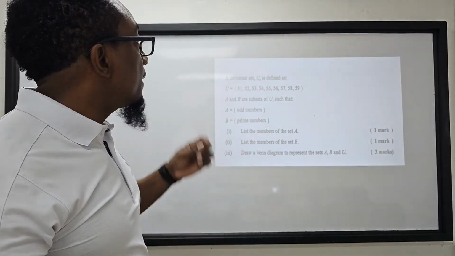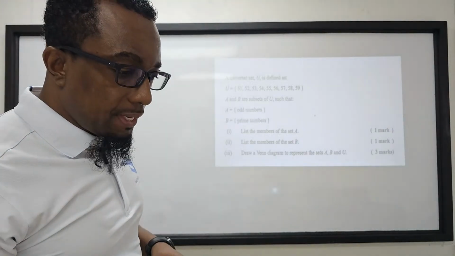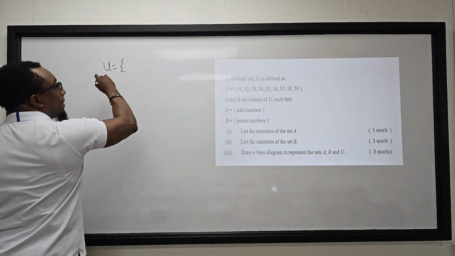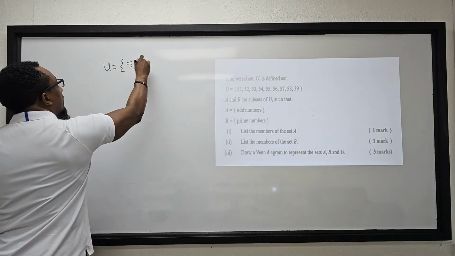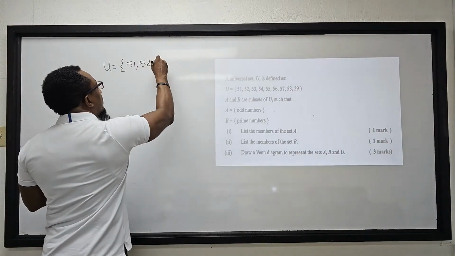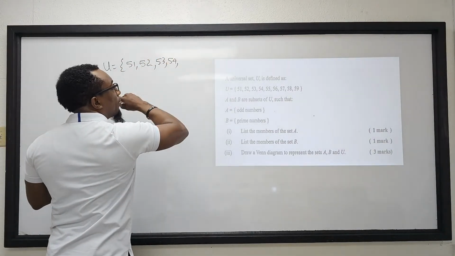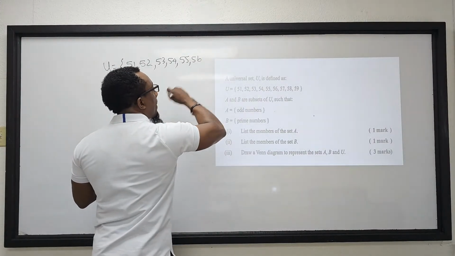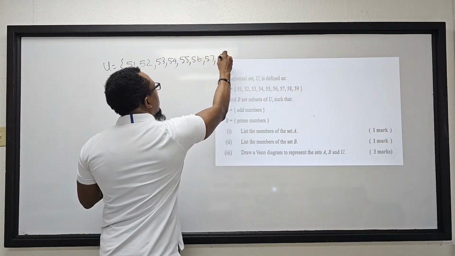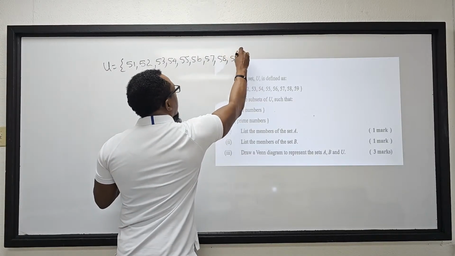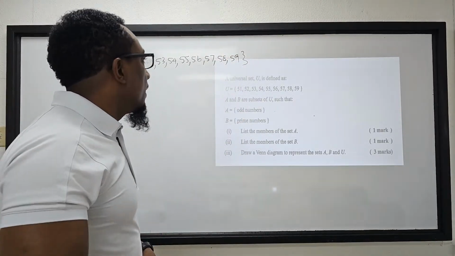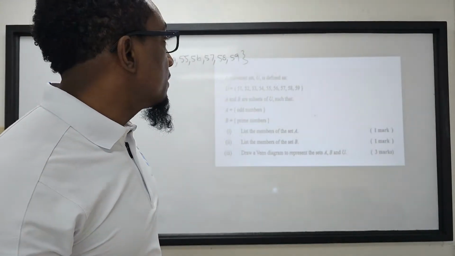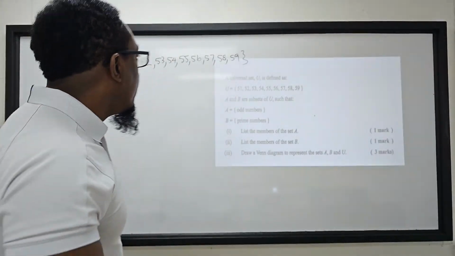A universal set U is defined by the elements 51, 52, 53, 54, 55, 56, 57, 58, 59. And A and B are subsets of the universal set, so subsets A and B. A,